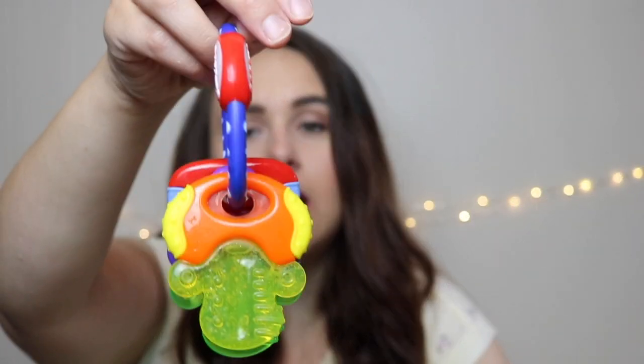Next thing I wanted to mention is obviously teething toys. Here are a couple of our favorites. I pulled out a couple of the freezer ones. Honestly, I don't think he's the biggest fan of these. I give them to him sometimes. He does prefer the keys, and I think that's because there is a ring, so it's easier for him to